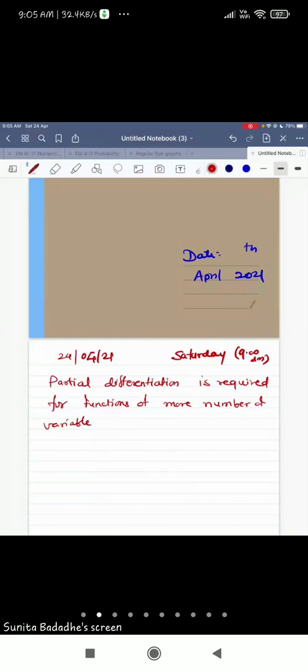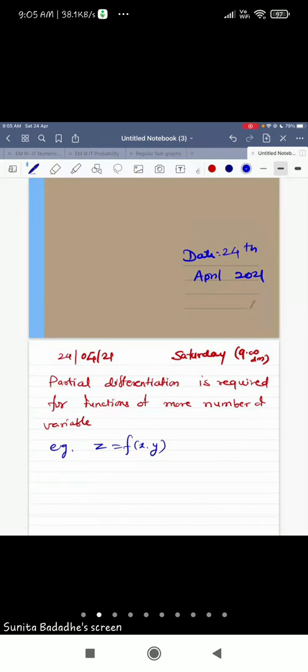But if you have, say, more number of variables, say x, y, or x, y, z, then also you can find the derivative of z. Now, suppose you have a function like this. For example, z is f of (x, y). So here z is a function of two variables, x and y. In this case, we differentiate z partially with respect to x or partially with respect to y, because